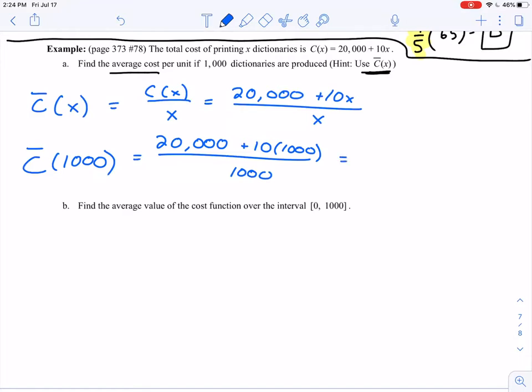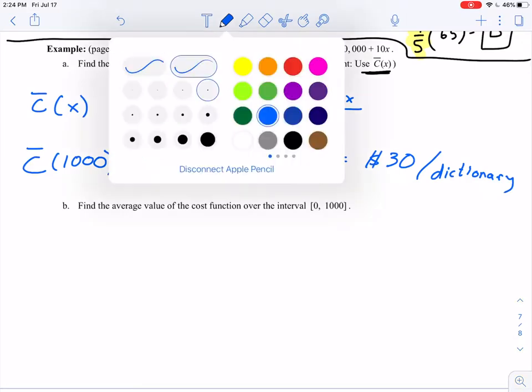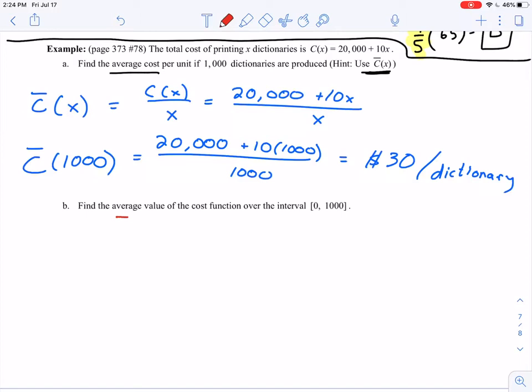Here I have an average cost of $30 per dictionary. So there is my average cost, and I want to contrast that with the average value of the cost function